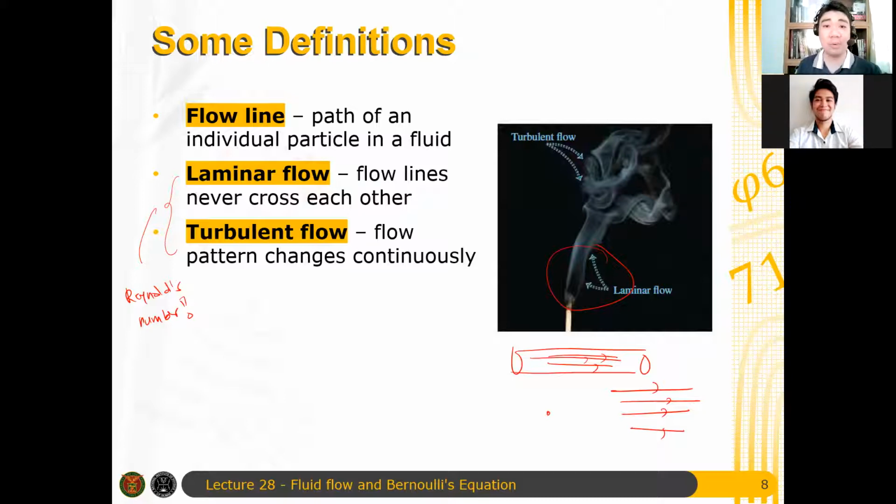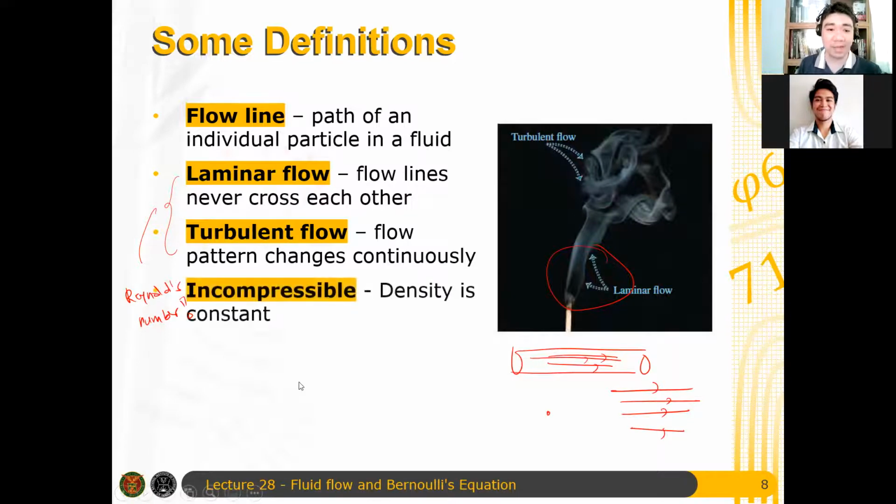For our case here, we will not focus on turbulence because it's a really complicated topic. We will focus only on laminar flow. Okay? And when we say the fluid is incompressible, the density is constant. It doesn't change. It is uniform. So at any given point in a fluid column or in the fluid volume, the density is constant. There are a lot of fluids that won't satisfy these conditions. For example, ketchup. The density of ketchup doesn't change, but it's not laminar flow. Right? But it's still a fluid. So there are many fluids that don't follow this.